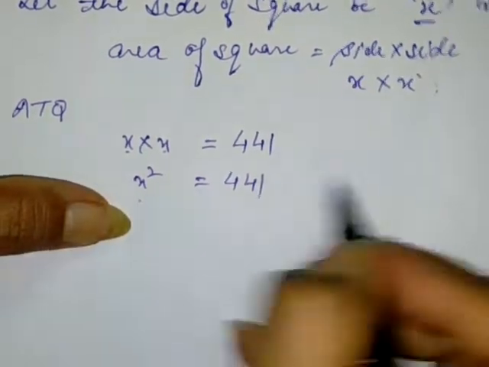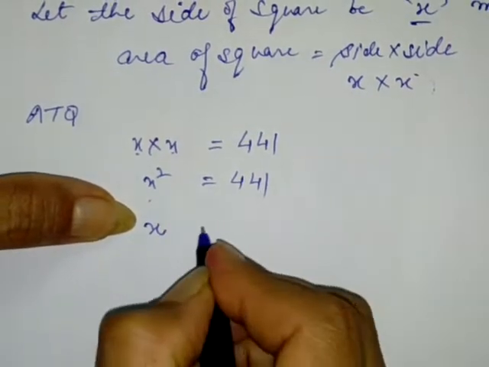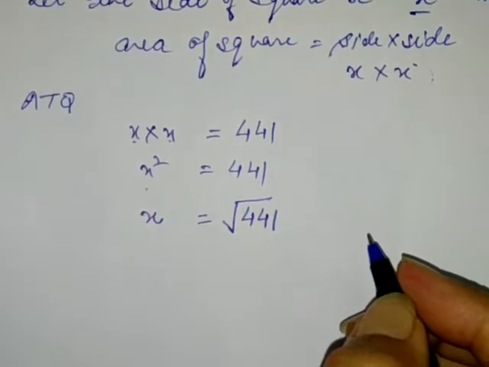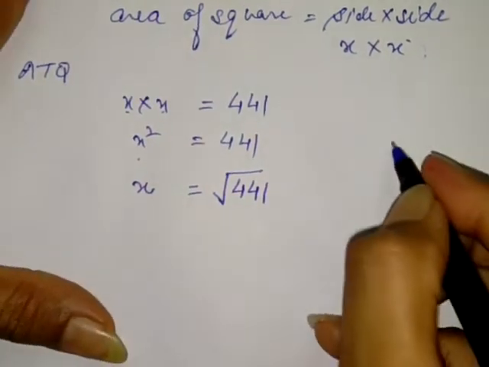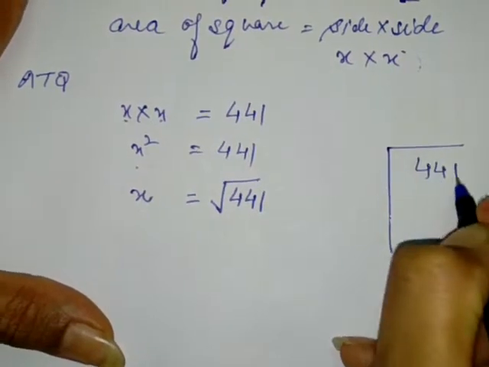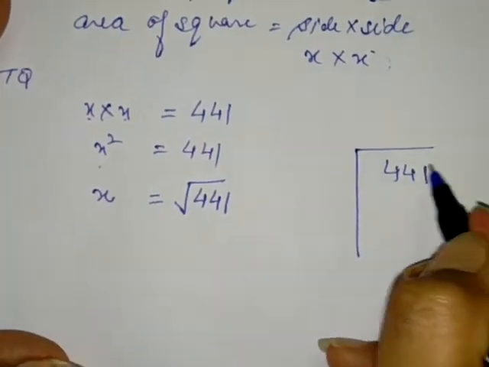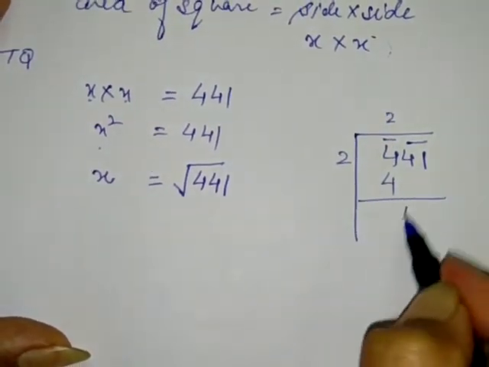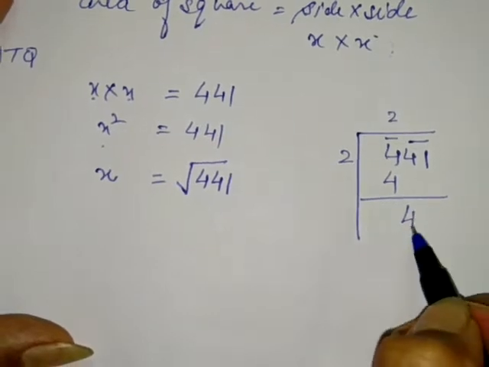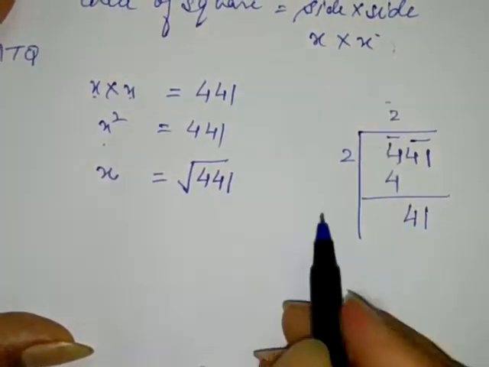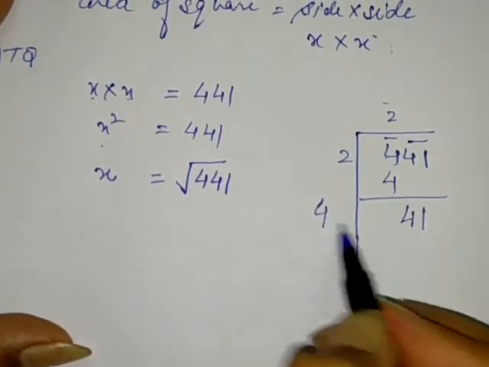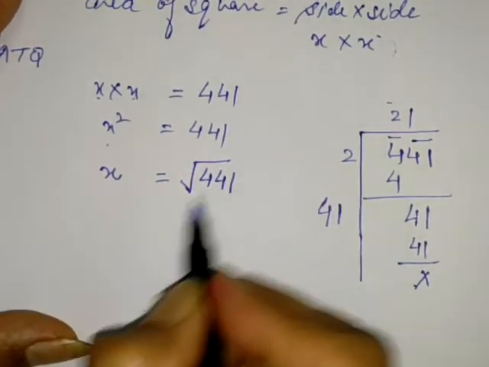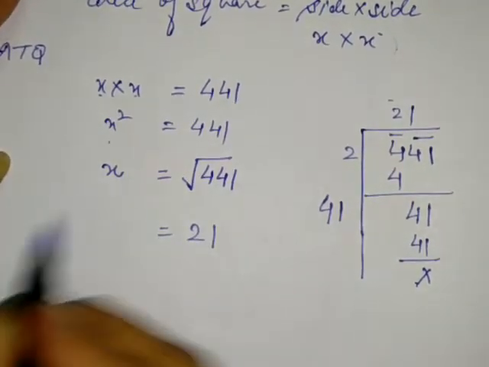How to calculate x? Take square root on both sides. So here it becomes x and square root of this. Now you can go by prime factorization or by division. Choice is yours. I'll go by division. I find that one easy. It does not take time. So this pair, 2 2s are 4. Next 4 minus 4 is 0. So the pair is down, 41. 2 is the quotient. We will double this. 2 into 2 is 4 and clearly you can see that multiply by 1, you will be getting 41. So its square root is coming out to be 21 and it was a statement sum.